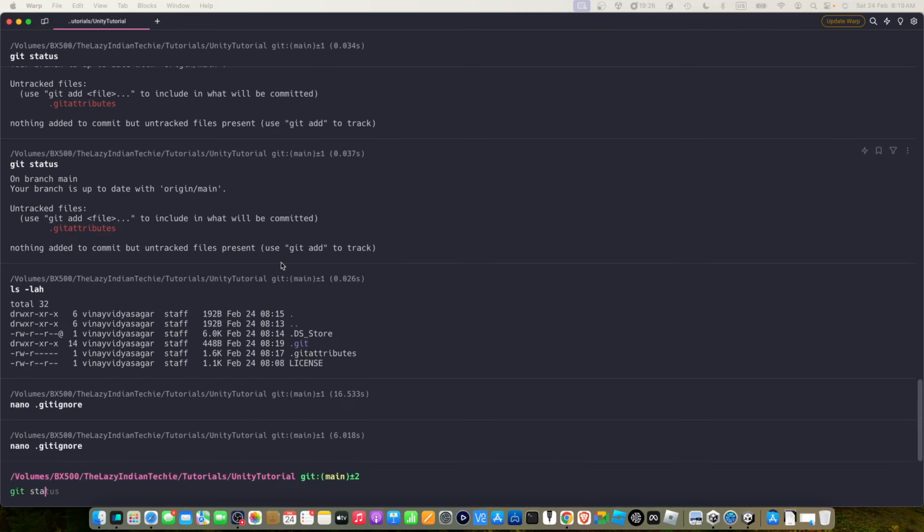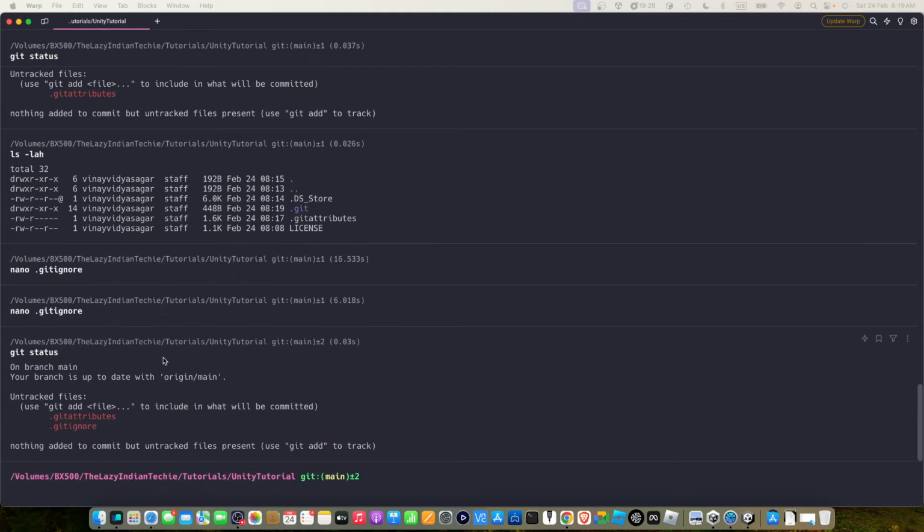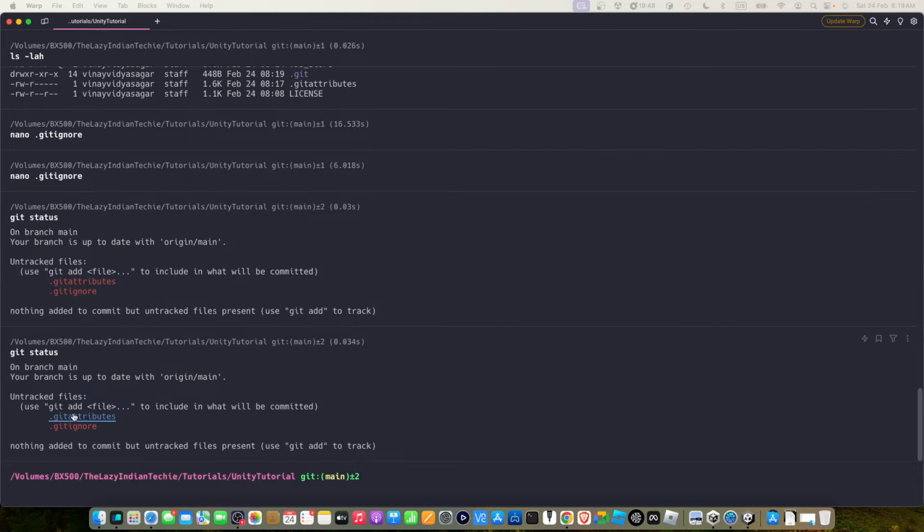Okay, so now if you do git status, you will see two files. What has happened is, for people who really don't know Git, basically we had a state. Git tracks the state of your folder. Before this, we only had a license file, then we added two files, so it's kind of showing you a +2. The way to check what files are changed is to type git status, and it tells you there are